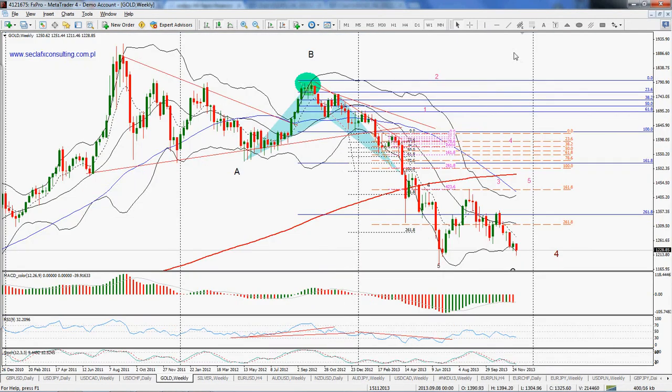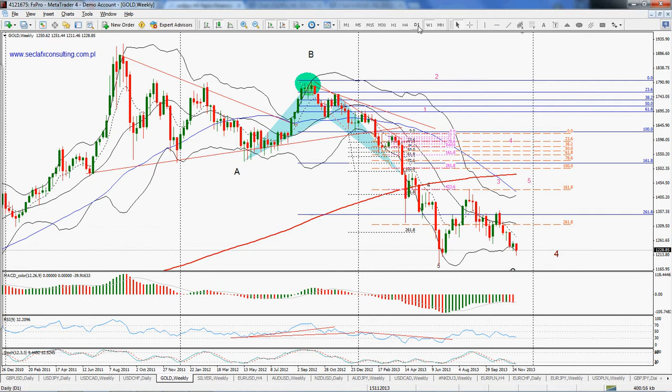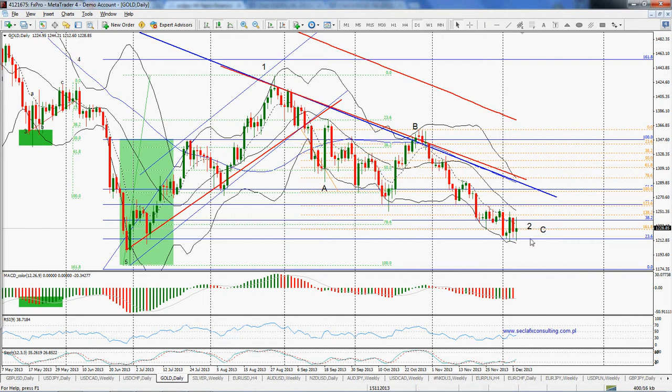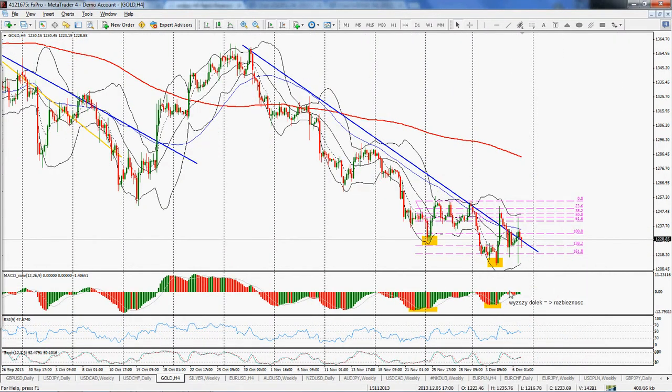Moving to the gold monthly. This is broken, so this is negative, and this MACD is developing there. On the weekly we've got a red candle. On the daily, the market is somewhere around those levels where I was saying the market may have a C leg, a C wave, ended at this level. And there is this resistance line on a 4 hours chart, and I was explaining this divergence in this case. This is divergence because you've got a new low on the gold price chart,